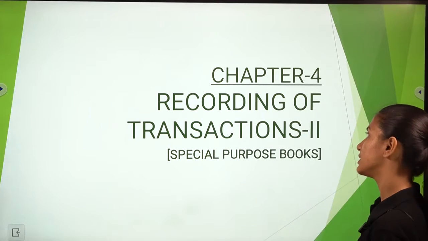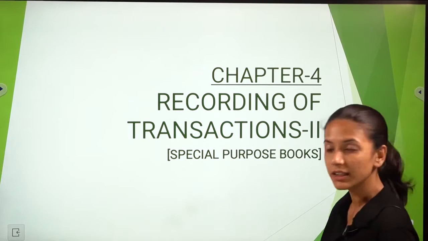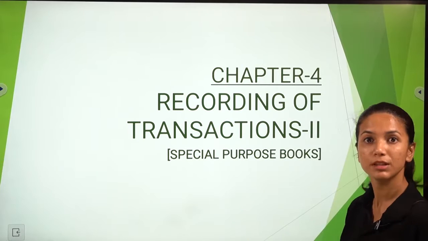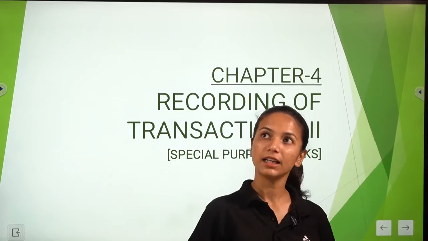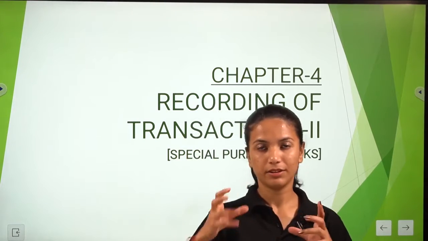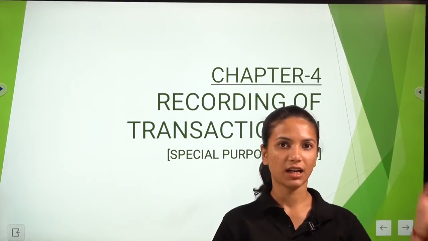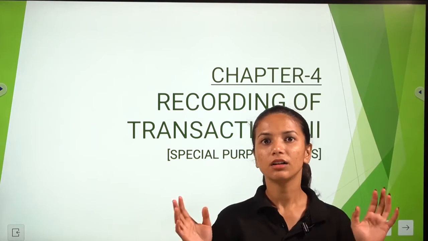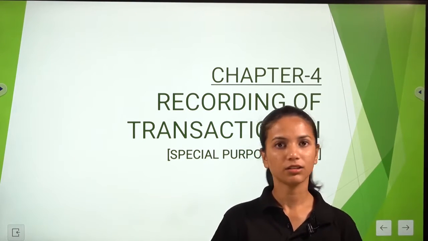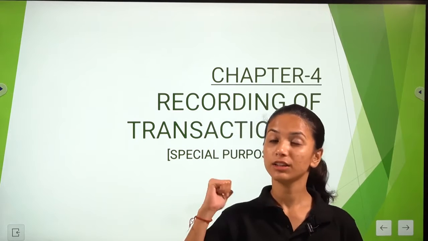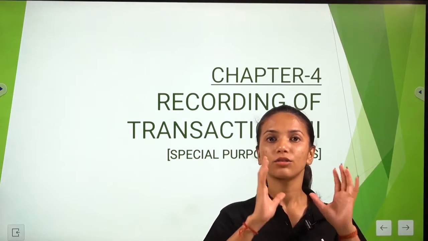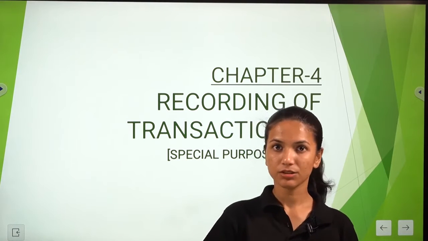Now let us see what are the things that are in part 2. In part 2 they are known as special purpose books. So what are the special purpose books? Let us see, journal and ledger, they are all mixed up, right? All the things, credit, cash, debtors, creditors, purchase return, sales return, all those things are termed under one account, right? But in recording of transaction part 2, in the special purpose books, all those things are categorized, okay? So we are going to prepare each and every different book.